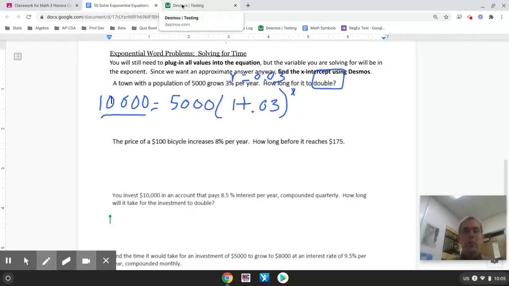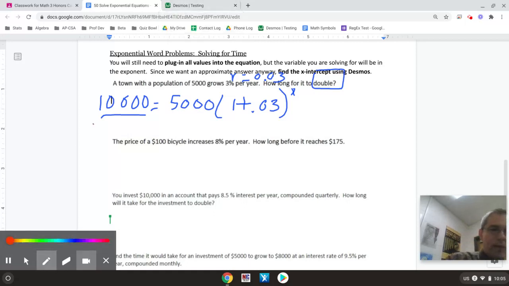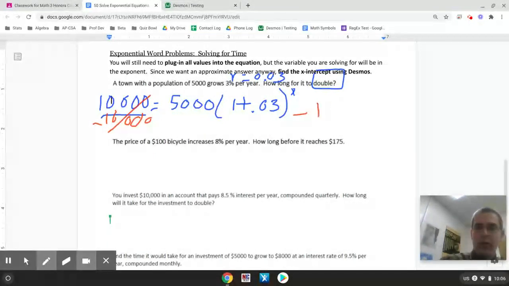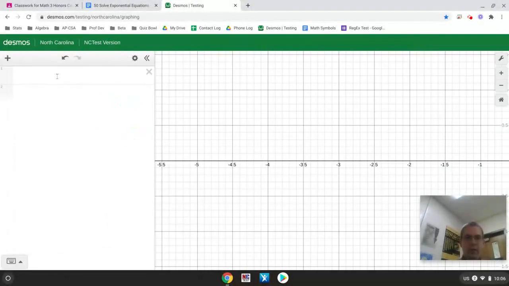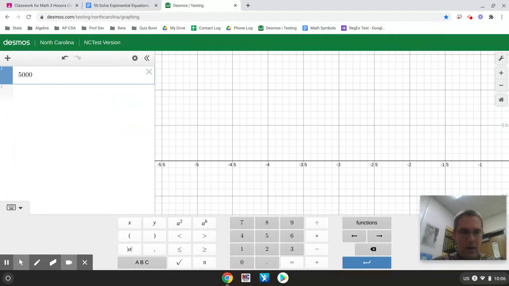But since we want an approximate answer anyway, Desmos, in my opinion, is the best way to go. So what I'm going to do to get it ready for Desmos is I'm just going to subtract the 10,000 from both sides, and then that means I'm going to be looking for the zero of this equation. So here we go. I'm going to have 5,000 times, and I'm going to simplify that to 1.03, but you're free to type it in the way it was originally. And then to the x power minus 10,000, and I'm looking for